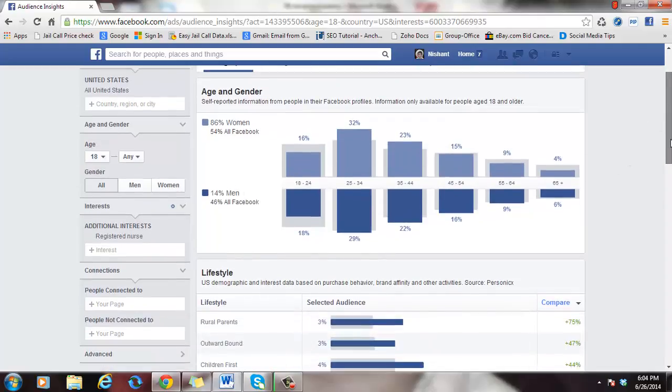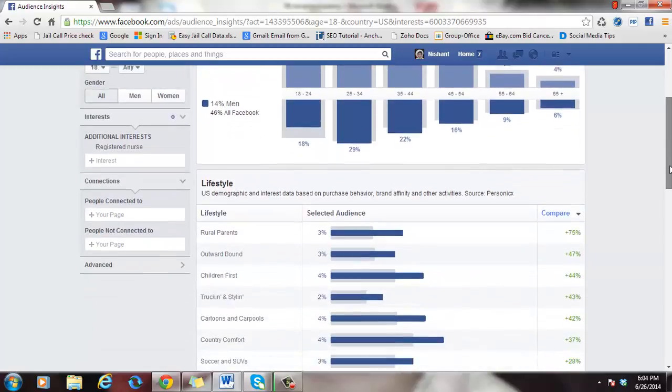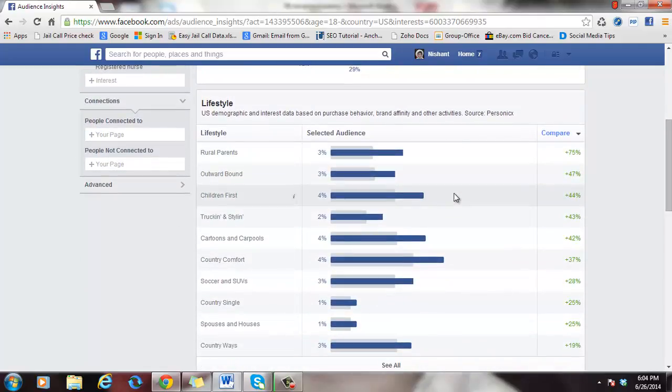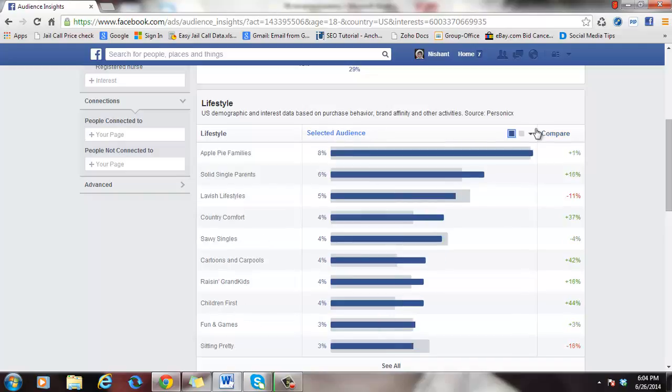Now what I want to show you is this very, very important feature called the lifestyle information. Most people have no idea about what this is, and that's okay, because with the help of this training you are going to be far ahead of those people. You're going to be able to learn this and apply it in your business, on your campaigns, and do absolutely better than anybody else. So first thing we need to do is sort it